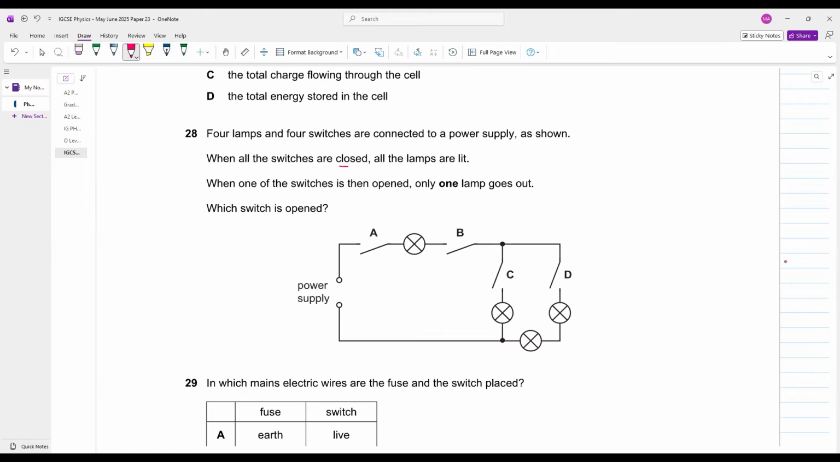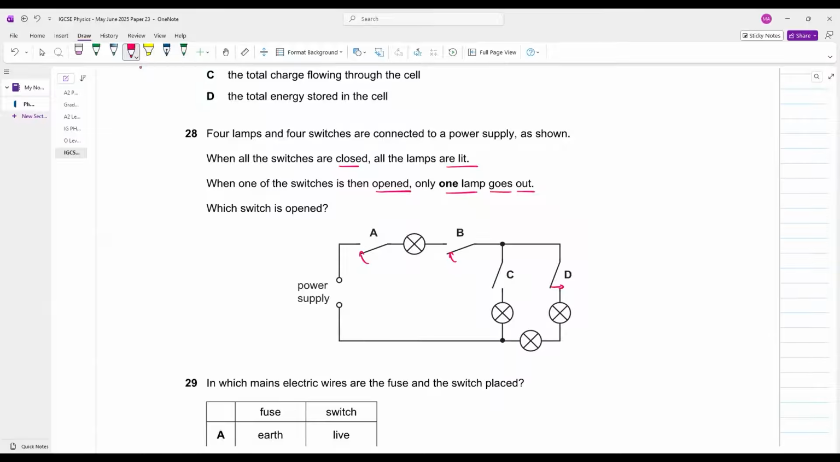When all switches are closed, all the lamps light up. अच्छा जी, जब सारे switch आप close करते हो तब सारे लैंप लाइट अप हो जाते हैं। ओके। When one of the switch is open, only one lamp goes out. अच्छा जी, जब आप एक स्विच को बंद करते हो तो एक लैंप गो आउट हो जाता है।